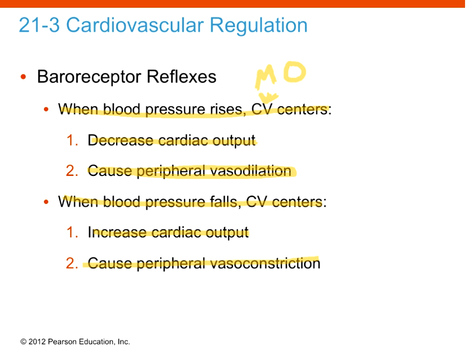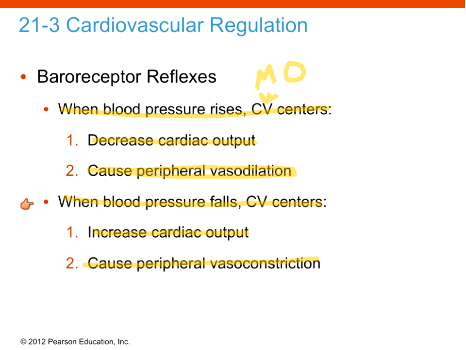So when blood pressure rises, the cardiovascular centers in the medulla oblongata, which is what MO stands for, are going to decrease cardiac output as a way to control it, and they're going to cause peripheral dilation. We don't want the heart to be overworked, if you will. So when there's a very high blood pressure, to compensate, we can have a reduction in cardiac output, and we can also have the blood vessels become more dilated. The larger those blood vessels are, the less